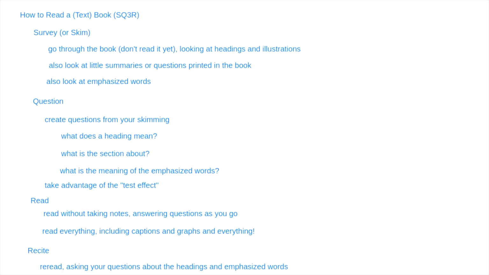We're to the 5th step. This is the 3rd R. This is review. And again, we've talked about how memories do fade, memories do decay. You'll forget stuff over time. And so a little later,